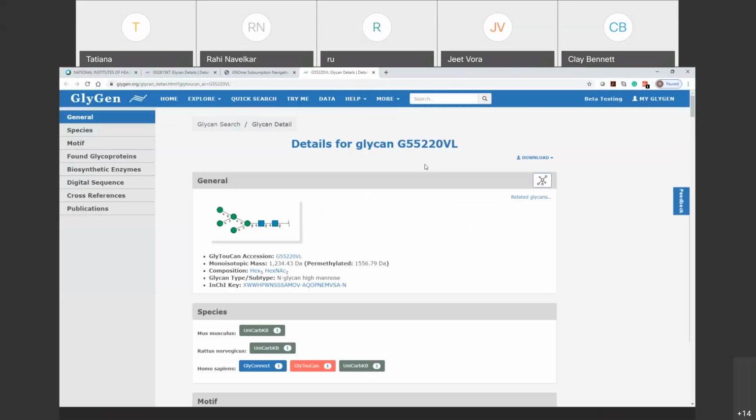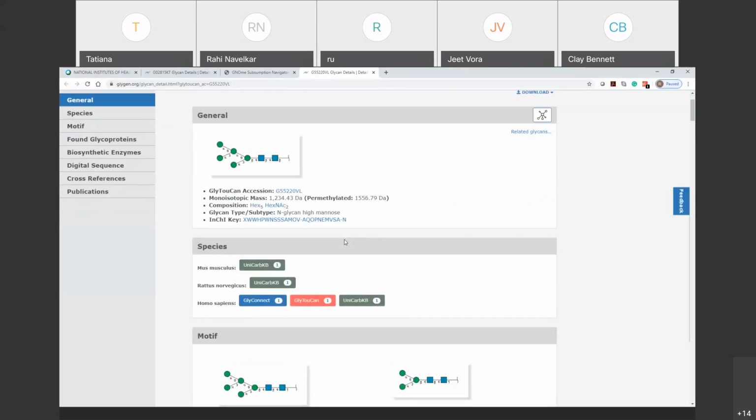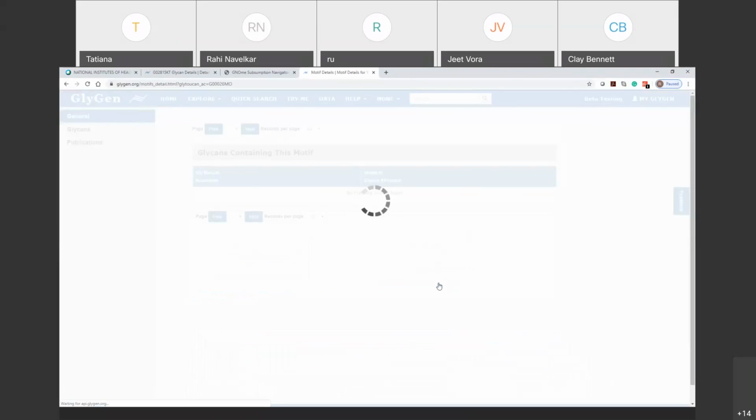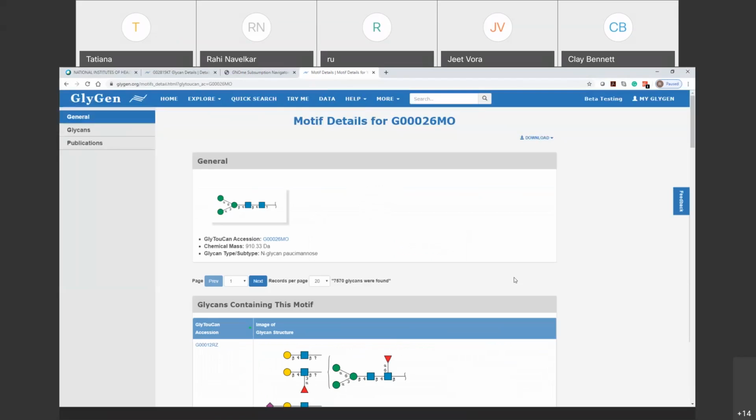This way, I came from a composition to its related structures and back to the GlyGen page for this particular accession. Now, again, you can find the mass, composition, species, and motif as well. So if you want to study more about the particular motif this glycan has, you can click on its label,